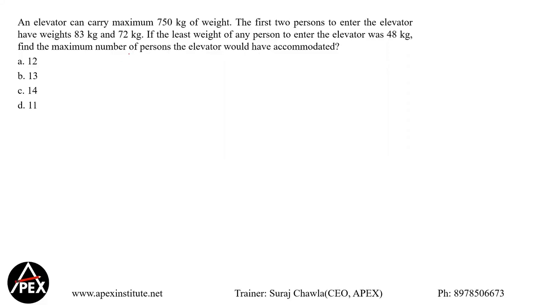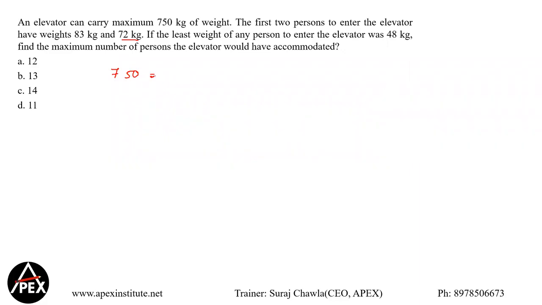Yeah, let's look at this question, guys. An elevator can carry a maximum of 750 kgs of weight. The first two persons to enter the elevator were of 83 and 72, which means I have 155 used up. So, out of 750, I have two people already there, right? If my total number of people is n,